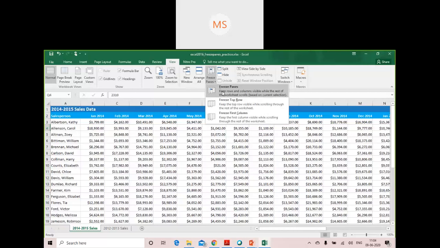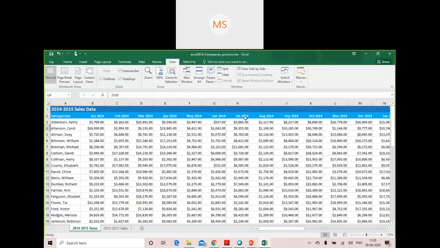And in both options, it has only allowed you to freeze either your first row or your first column only. Now the moment I use freeze panes, it allows you to freeze your rows and columns both together. The moment I click on it, what happens? Here, as you can see, by default it has selected it, and here it is allowing you to do that.